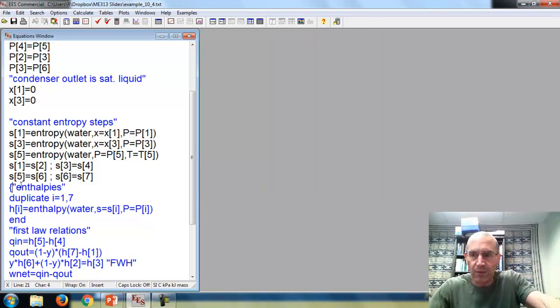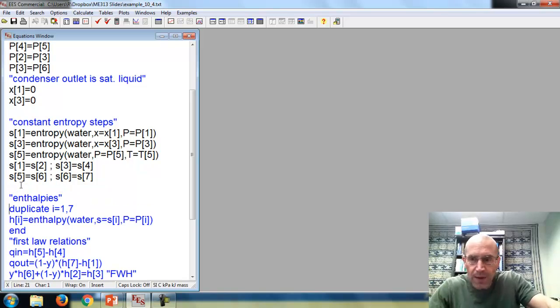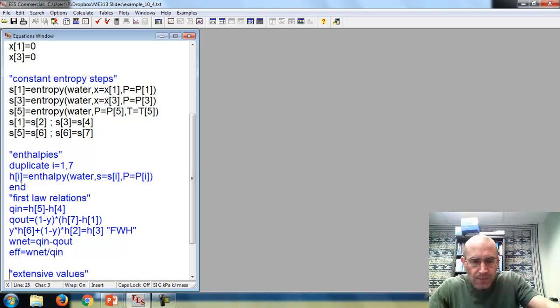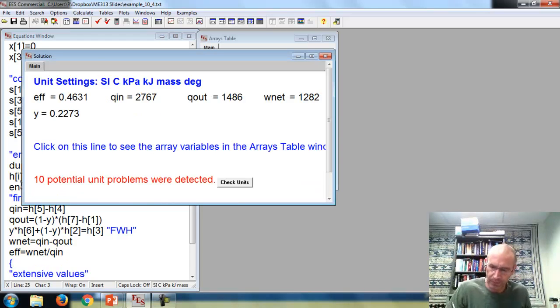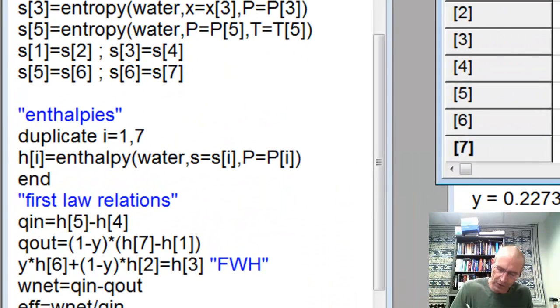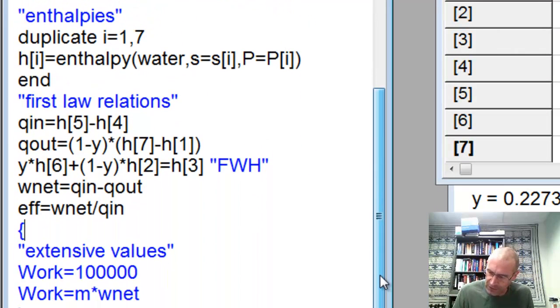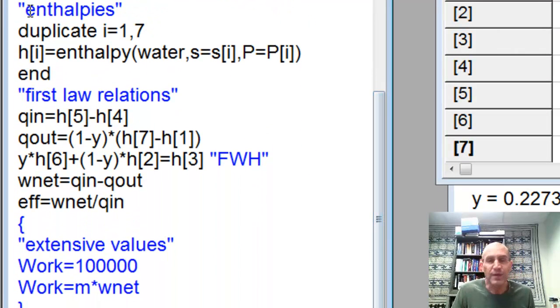So let me go ahead and remove this last set of comments. Right, and we first go ahead and focus on what I have written, and then we'll look at the solution. So since I have S and P everywhere, I have my duplicate statement, finding the enthalpy at S and P. Again, I'm using duplicate just in terms of efficiency, because I have 7 to find. And then I've got my first law